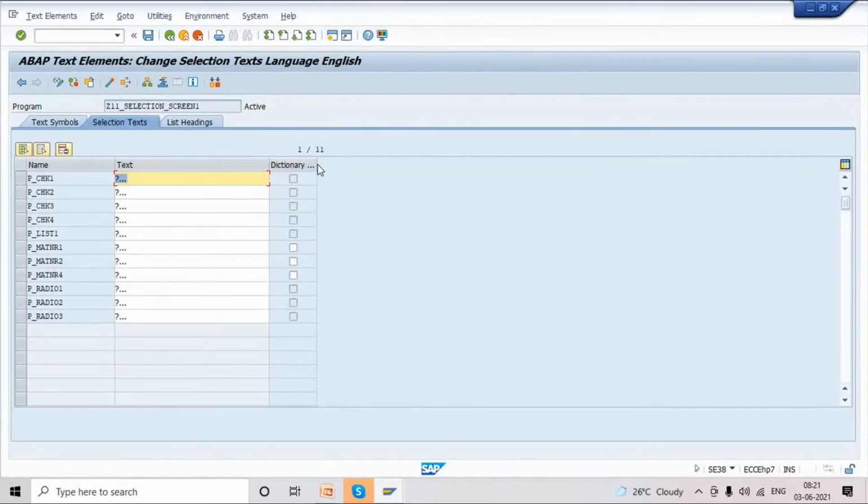Basically it's a data dictionary reference, a database reference. So for MATNR 1 to 4, we provided a field reference from the database. When we refer to a field reference, it will refer to the data element and pick the label heading from the data element. In the data element, where are we creating headings and all, in which tab?